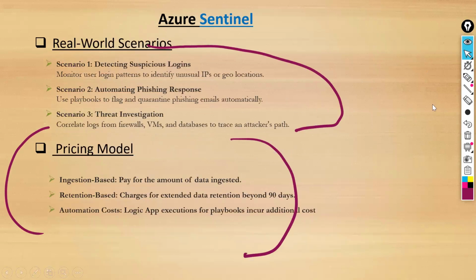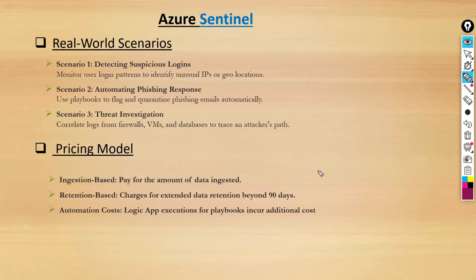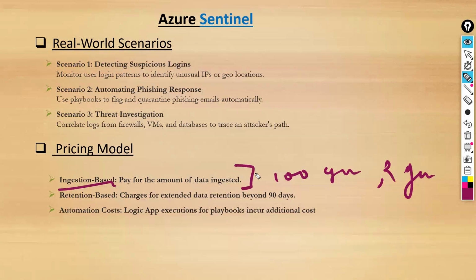now before that, the pricing matter. Let's just discuss the pricing and then we'll come to the rest of the points, right? What is the pricing? First thing, you need to pay for the amount of data you're ingesting. If you ingested 100 gigs of data, you need to pay that amount. If you ingested 2 gigs of data, you need to pay that amount. First thing, ingestion base. Not only this, right? You need to keep other cost things in mind also. How many days you want to retain the logs which you ingested inside the Sentinel,